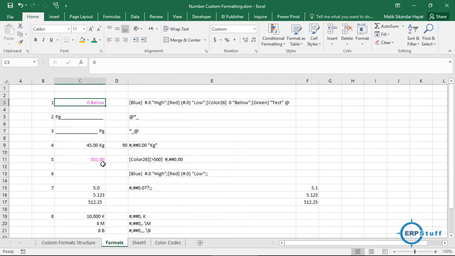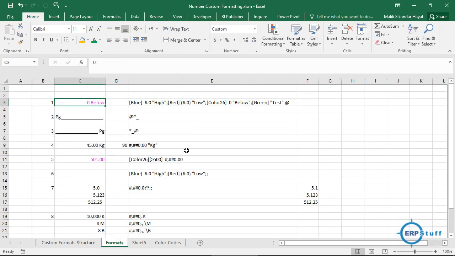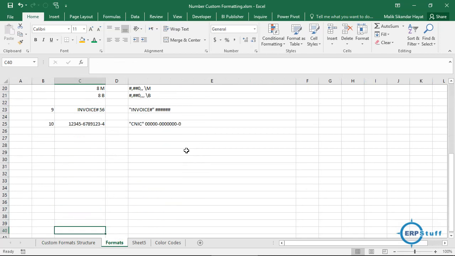Formats I have already showed you. These will help you in reporting. These will help you in data entry. Straightforward. I mean, I think now it will be straightforward for you. So you can try and practice, right? So just let me give you one example as a last example. So I will show you what to do.